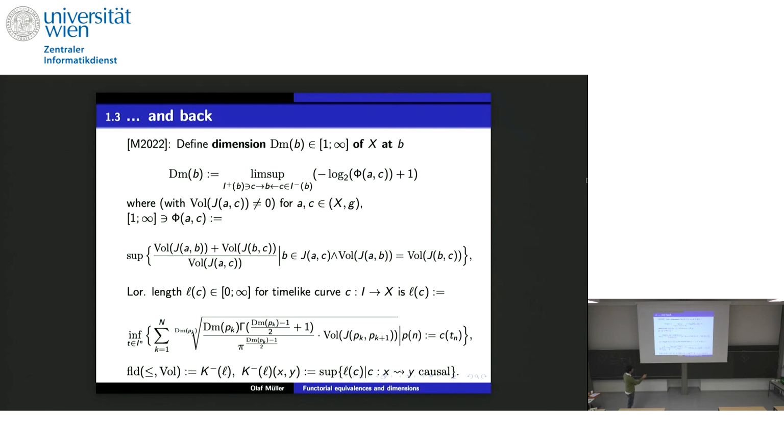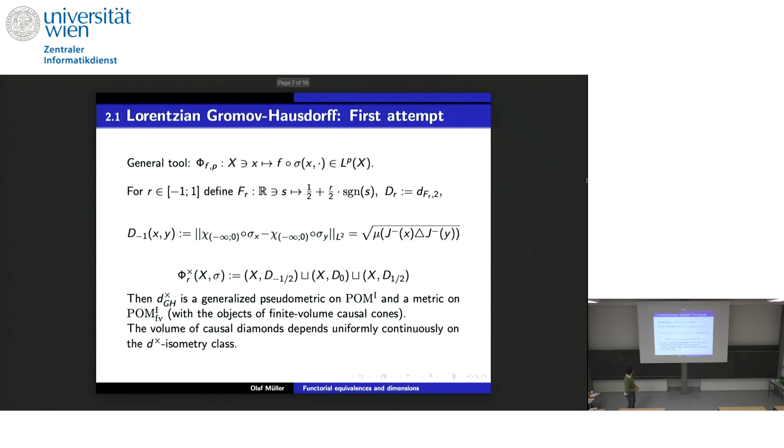This J^AB is just the diamond. That's the definition of phi AC. It's a bit unfortunate that I called too many things phi, but okay, there's another phi from before. So if we speak about the closure of the subset of spacetimes, then we have to define some notion of convergence, of